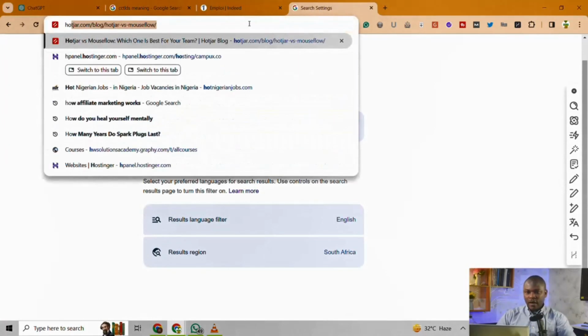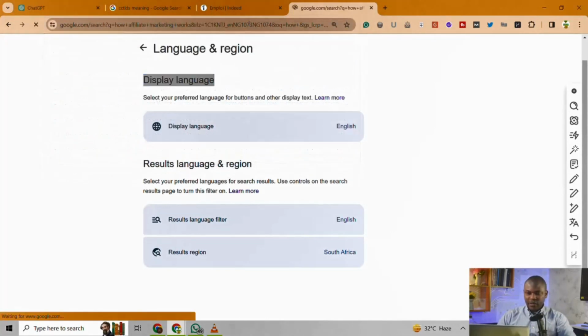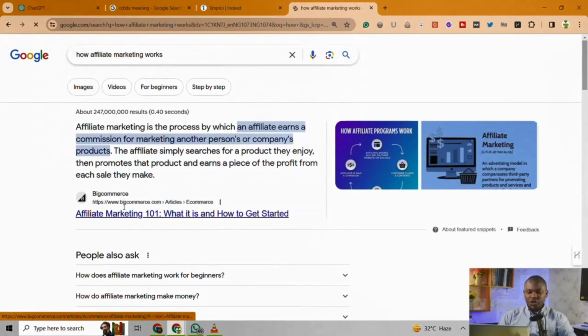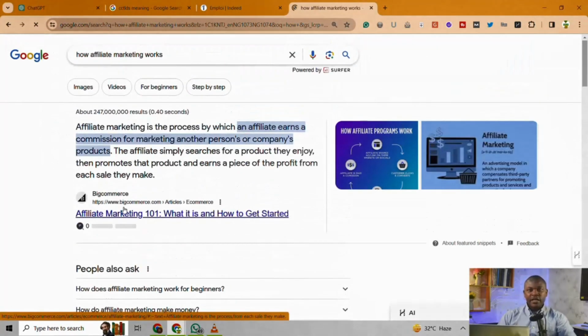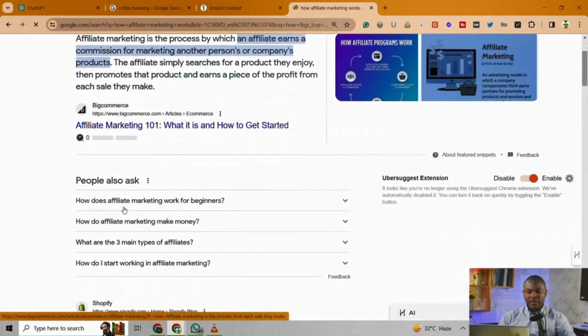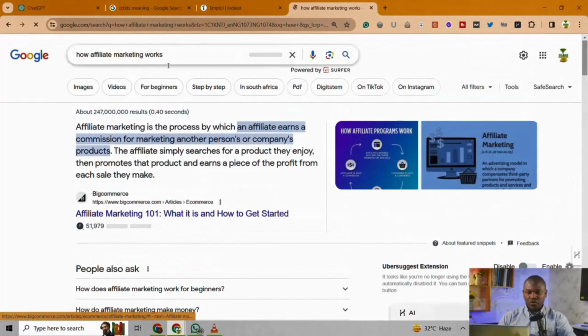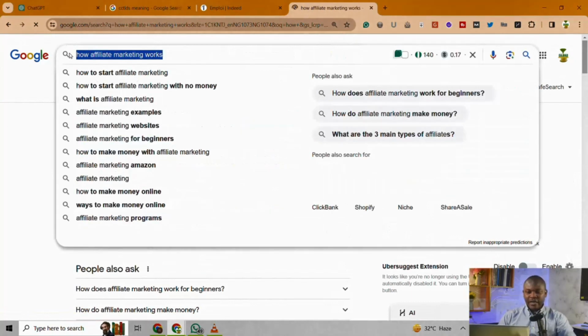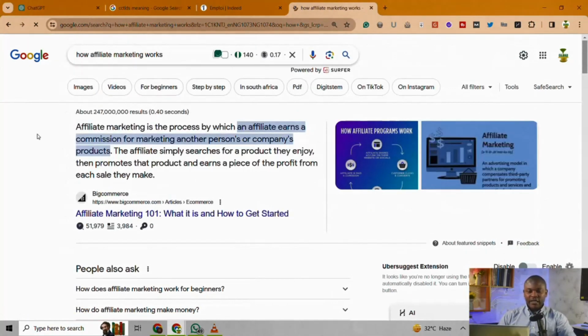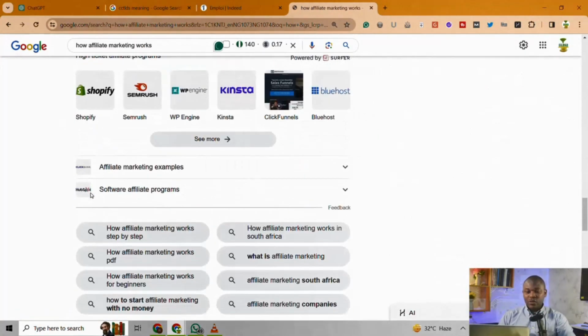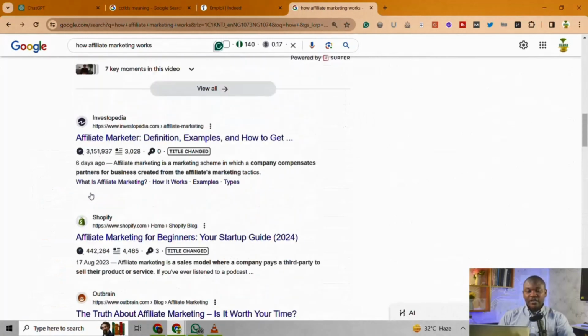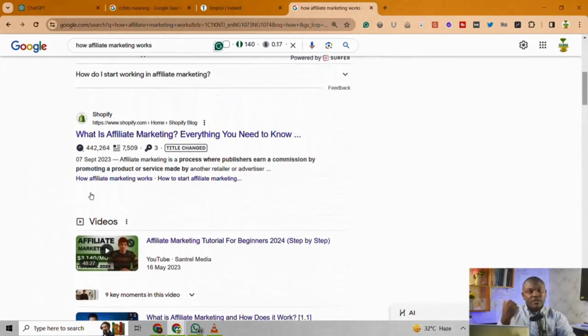How affiliate marketing works. So every result you see right here is going to be South African results. This is going to be South African based search results. Moving ahead, you can just go ahead and start making your keyword research, right? If you know how to do the Google auto suggested keyword research method. Do you understand? So now this is one of the ways also by which you can target specifically South Africa